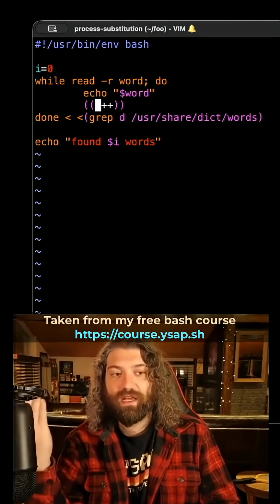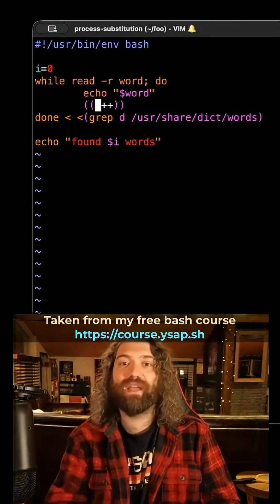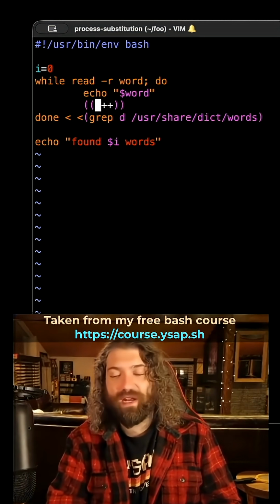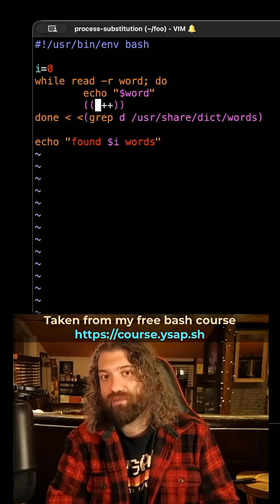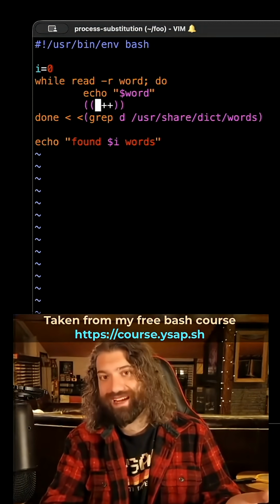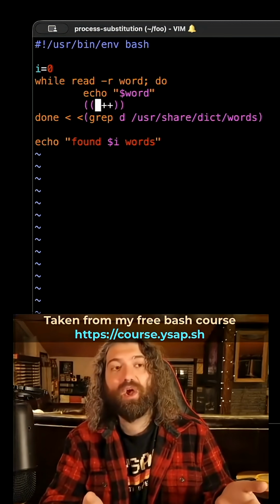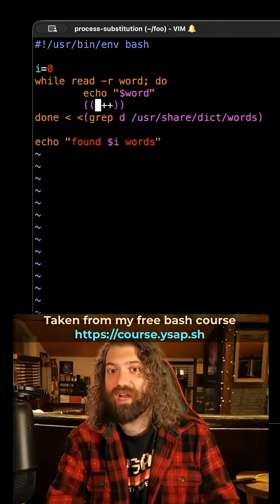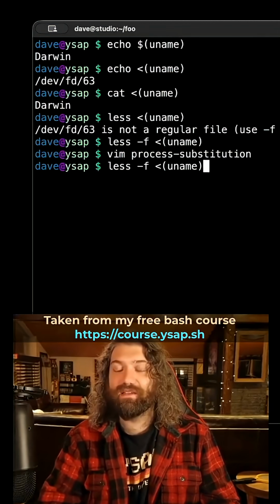That is amazing. However, there are some caveats with it. Because we're not reading the whole thing into memory, because we're not waiting for grep to finish before we start processing the data, we don't have the exit code of grep. This is important. We don't know if grep was successful or not. If grep was given a bad file, we can't easily detect that.